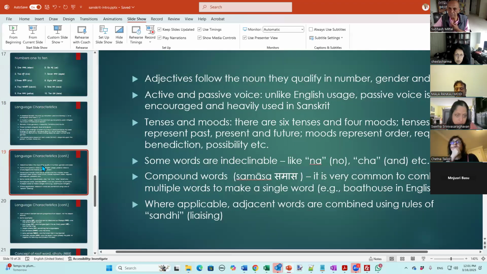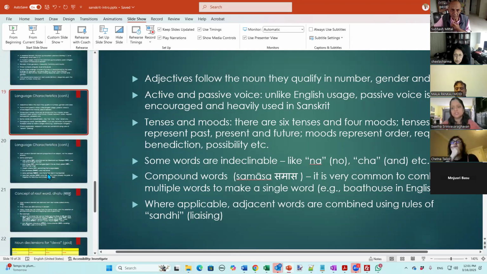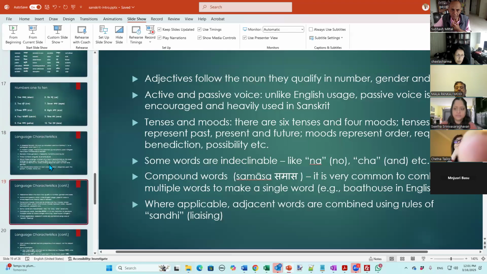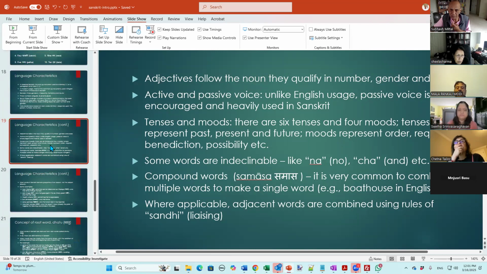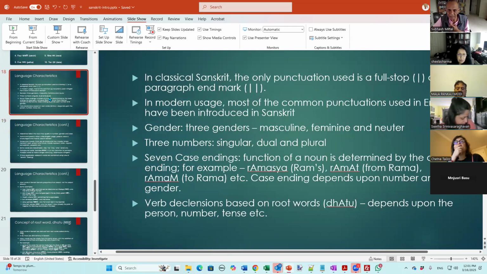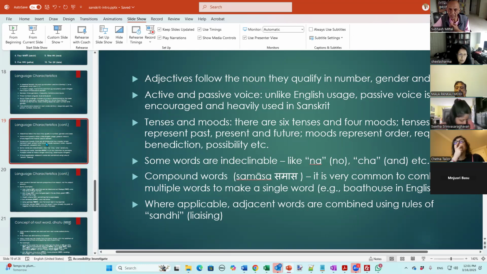So, I think we can stop here. Does it make sense to stop here? Now we're getting into a little more of the grammatical constructs. Let's leave it to the next class then. It's almost 12 now.